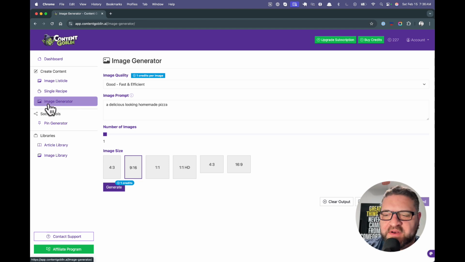You can go to the image generator on the left sidebar, and you can basically just generate any freeform image you want. In the past, you could generate the listicles with the images. You could generate the single recipe with an image. You could also generate pin images, but there was no way to just generate any random image you wanted,